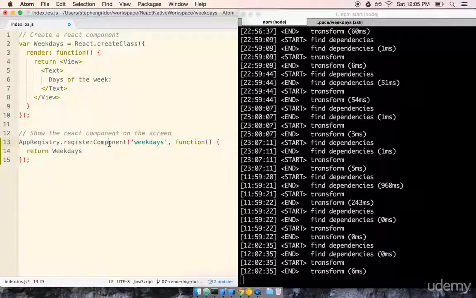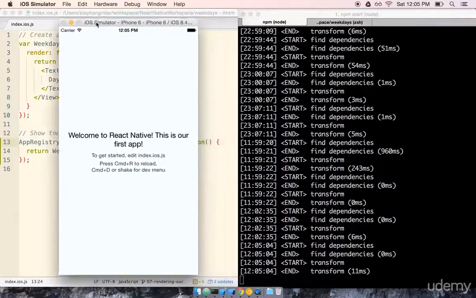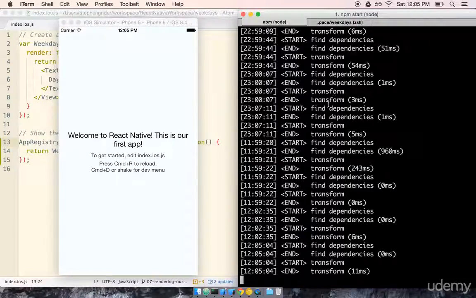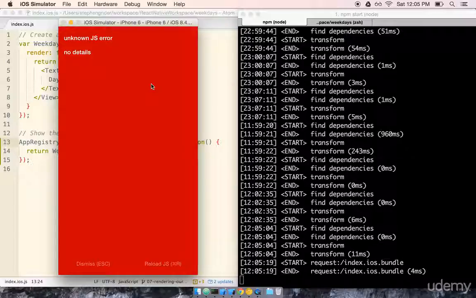So let's go ahead and save this file. And then I still have my simulator running. If you don't have yours running, just pop open Xcode, hit the play button, and make sure that you have the npm start process running as well. So I'm going to go ahead and refresh this, and of course we get an error. Fantastic. All right, so let's alt tab back over to Xcode,